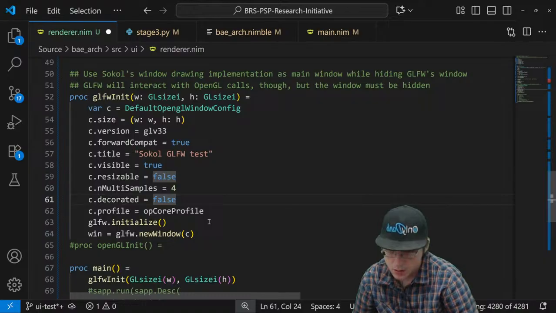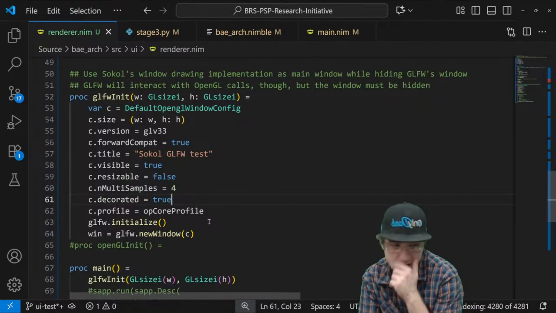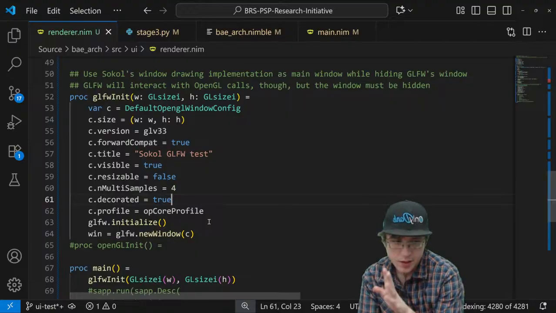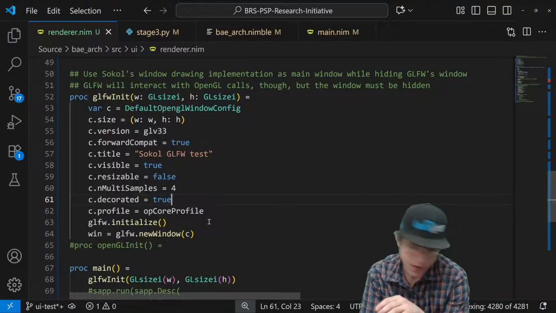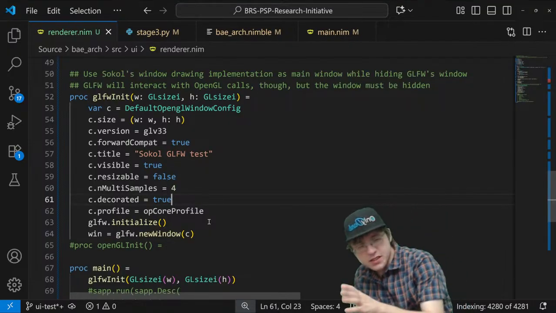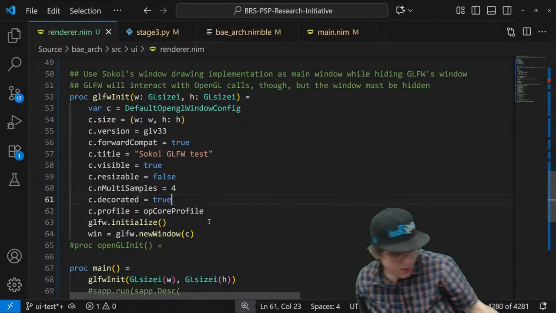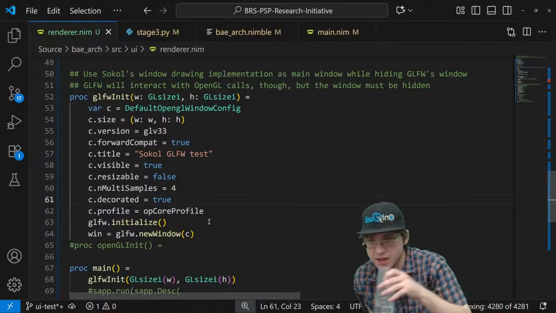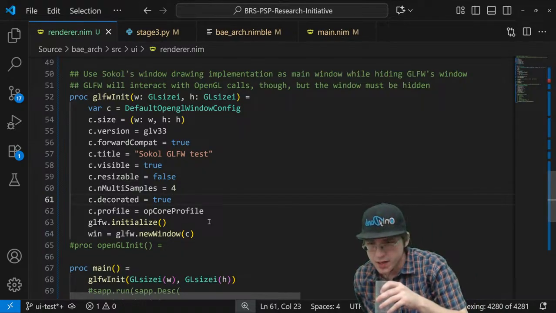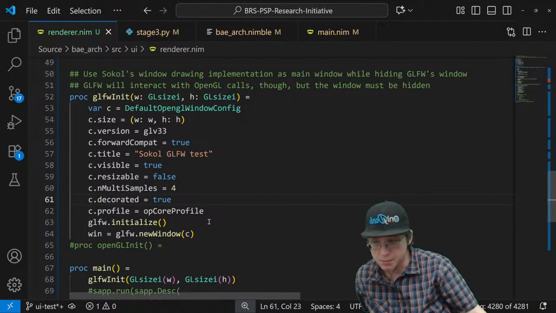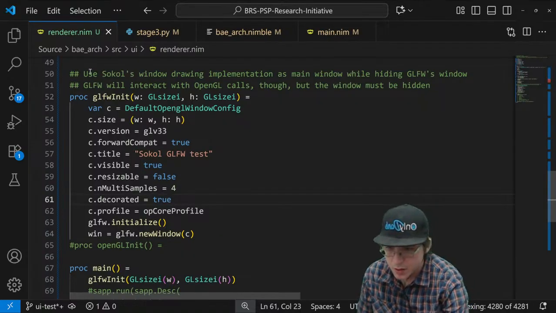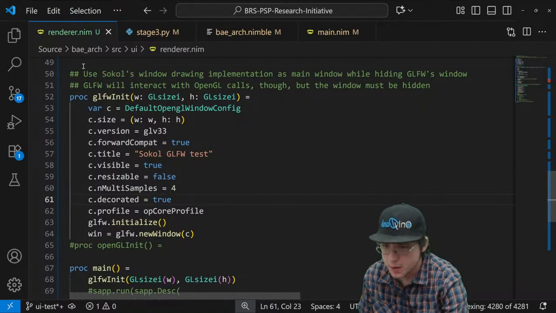Decorated, I do want to set to true, just because I'm on Windows. I don't know if this applies to Mac or Linux, but on Windows, if you don't set it to true, the window doesn't show. It becomes a headless window, and it's actually really hard to embed it in another rendering API or windowing API.